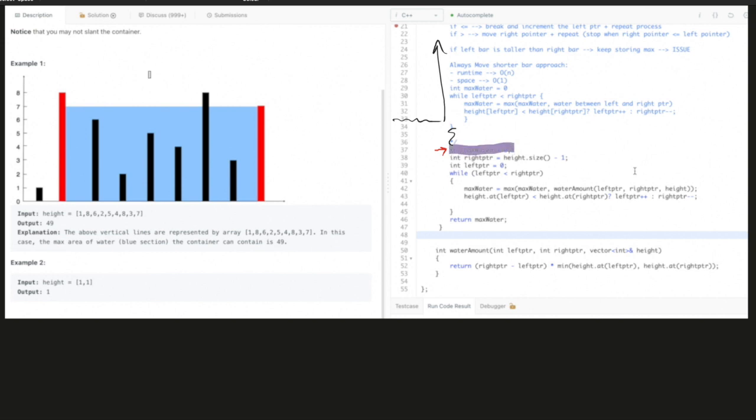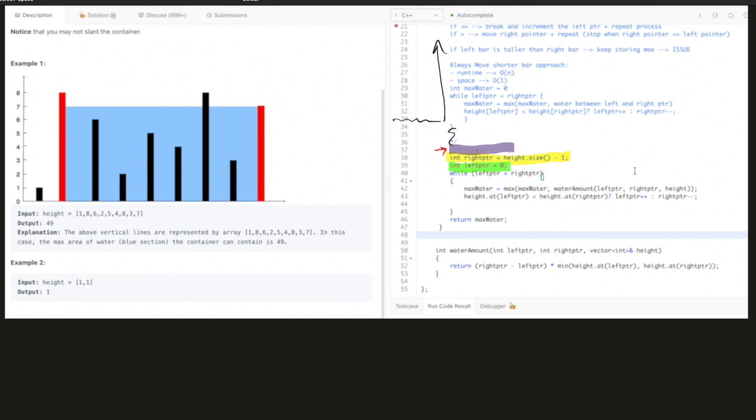We then have the next line to initialize the right pointer, and that will just be at the last bar. And since we're starting count from 0, this will just be the size of the height vector minus 1. So we've taken care of that. Next we have int left pointer is equal to 0, so we initialize the left pointer,